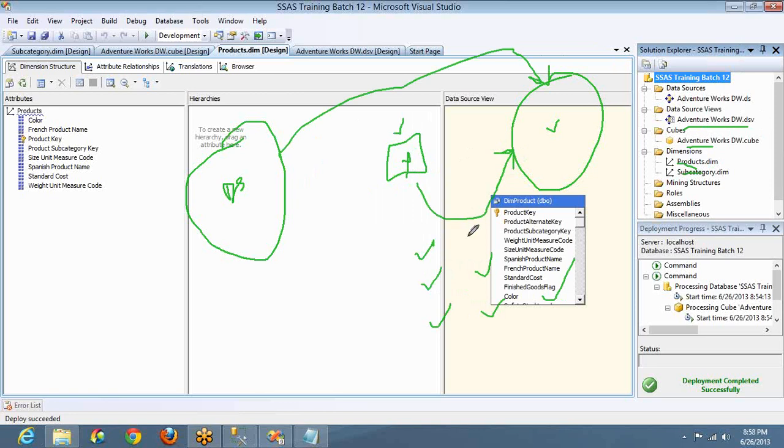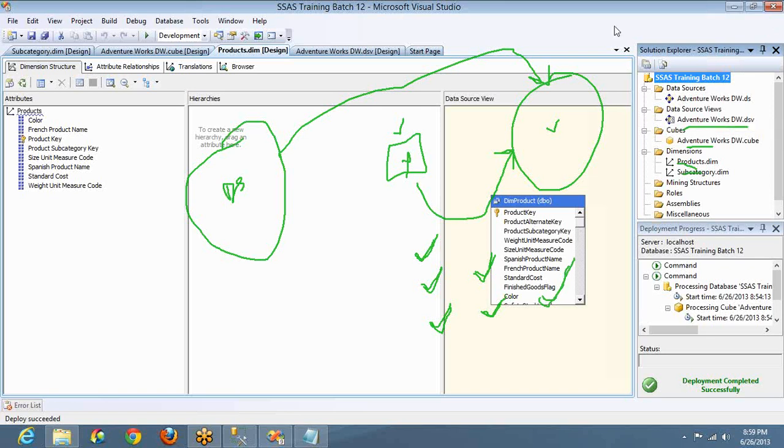It's an incremental one. If you just click on build, it will just check for syntax errors. If you click on deploy, what does it have to check first? There should not be any errors, so it will check for the errors. If no errors, then it will go and deploy the skeleton in the analysis services. And if you click on process, it will check for errors first. If no errors, then it will deploy the solution. Once it is deployed, then it will process the data. That means read the data from SQL Server or any relational database and push it into the analysis services.